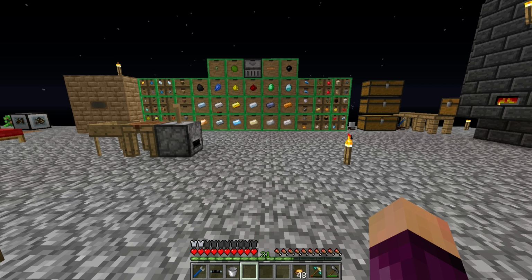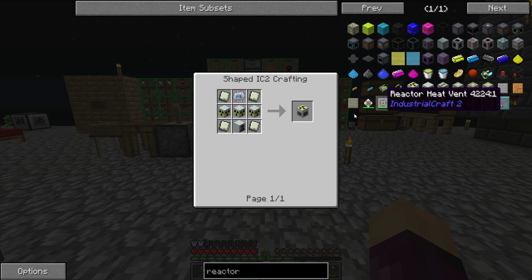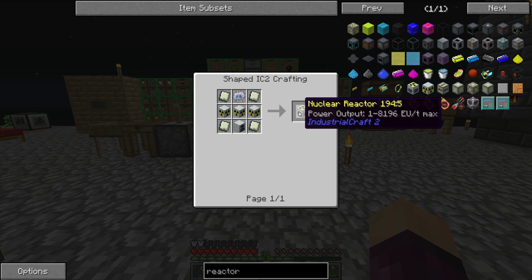But what I want to work on in today's episode is putting this uranium to use, and we're going to do that by building a nuclear reactor from Industrial Craft 2. Now, I've done a little bit of work off camera trying to get some resources to make this a little bit easier to craft, but basically the way that we make ourselves the center of the nuclear reactor from Industrial